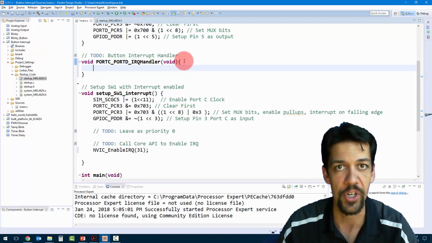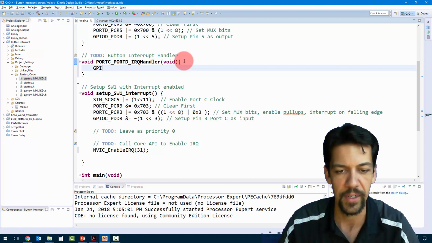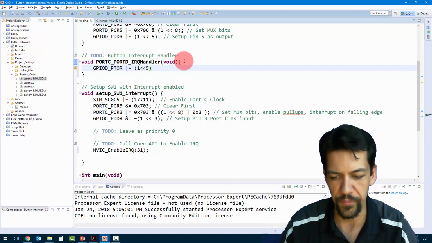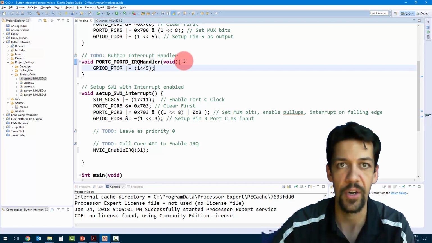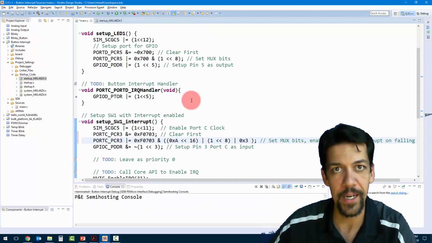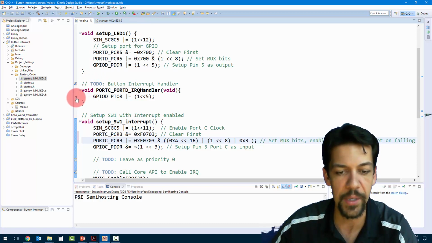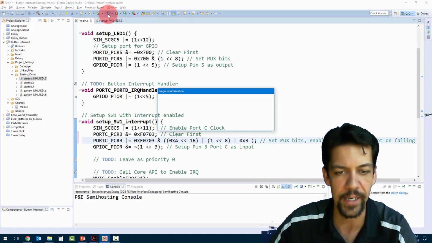In this case, I'm just toggling the LED pin, which we know from class is GPIO-D, PTOR, 1 shifted 5. So that turns it on and off. So now my interrupt handler is complete. We've done everything that we need to set up interrupt handling in this particular processor. I've set a breakpoint next to the toggle so we can see when it toggles,